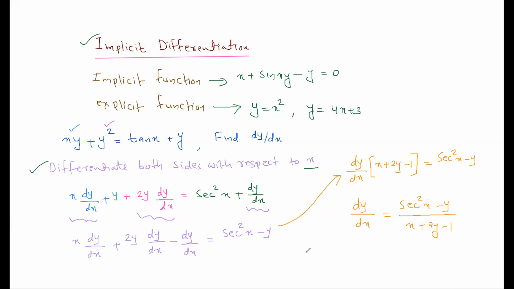So that's it. So we got the value of dy by dx, the derivative, and this method is known as implicit differentiation. इसको बोलते हैं implicit differentiation. Another example देखो,